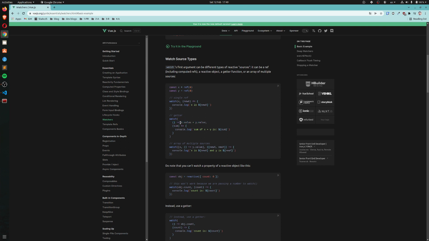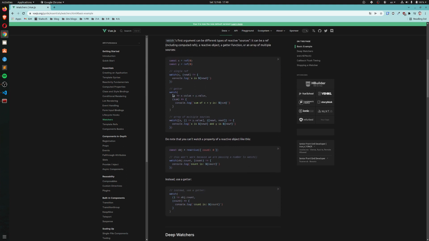Well, yeah, but they are values from refs, so yeah, sure. And it can be an array here of multiple sources. This is a ref, this is a getter. And then the function takes an array as input with a new x and a new y